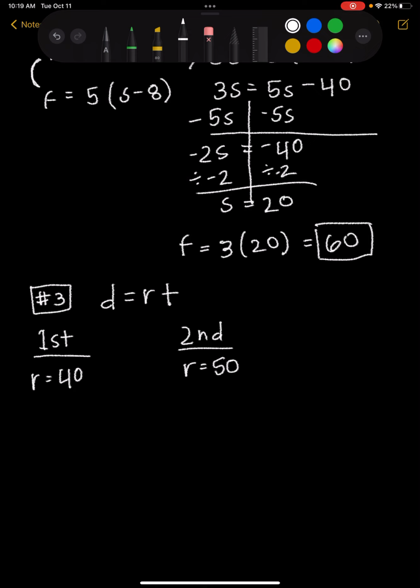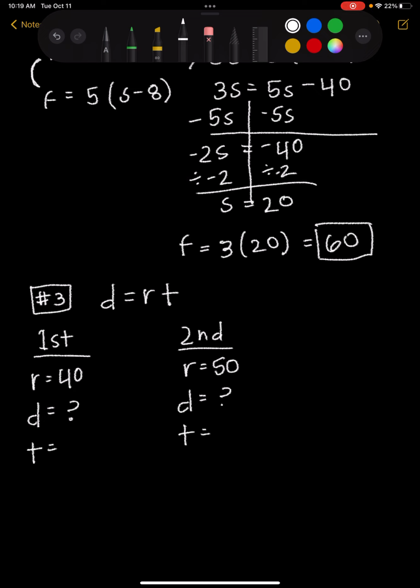We don't know. Let's think about this. The distance we don't know, so I'm going to make that a question mark for both of them. And then the time,